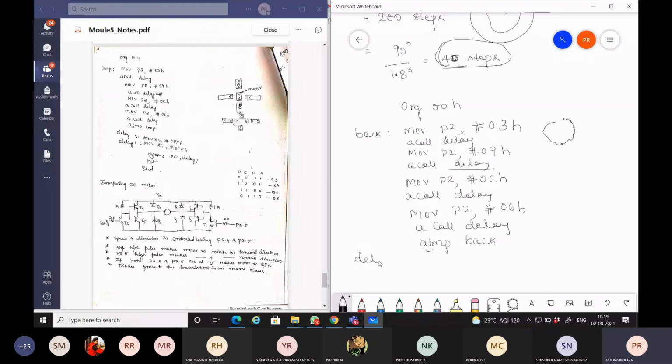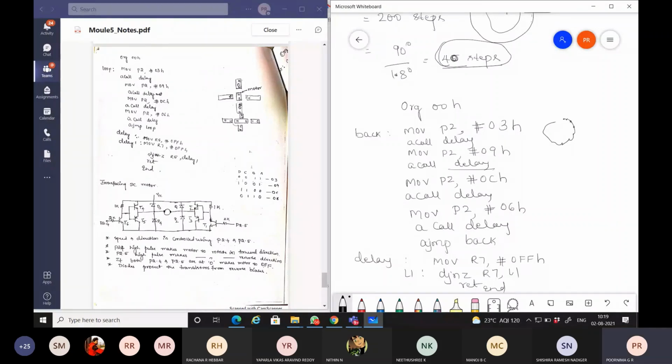For that, a small delay program through a subroutine: MOV R7, #0FFH, DJNZ R7, L1, that is L1 to the same instruction, then return and end.